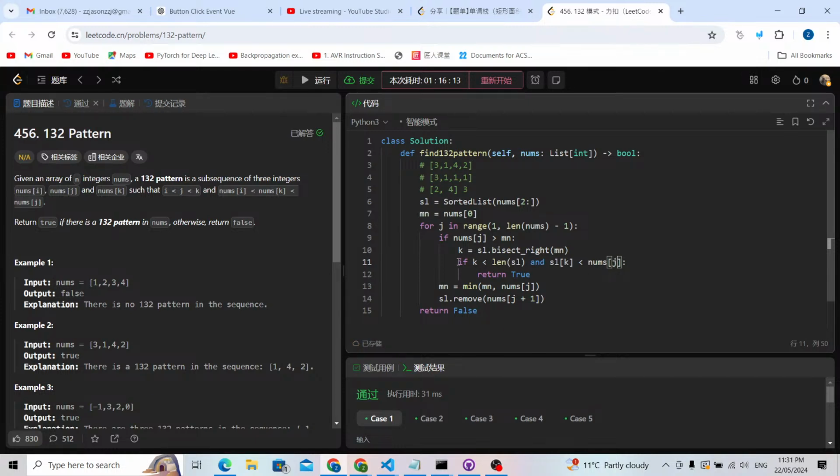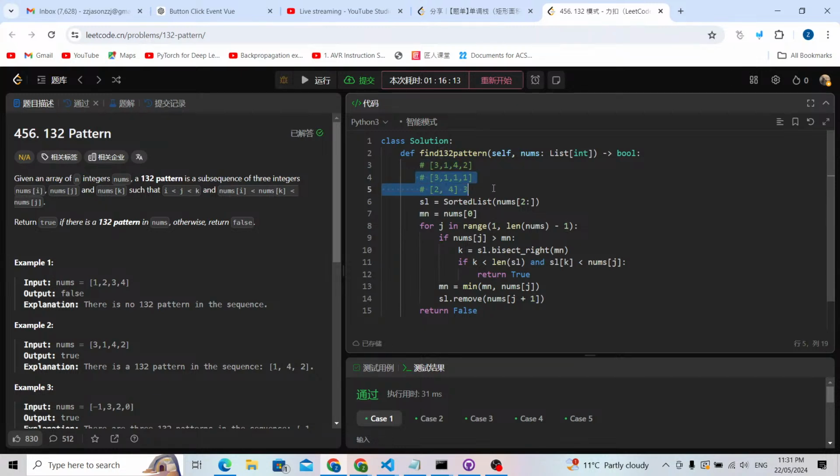Basically we want to find an index to the right by using binary search. So the first condition is if nums[j] is more than the minimum number. For example, for this number 4, if it is more than the minimum number,